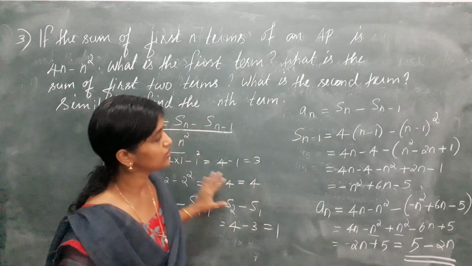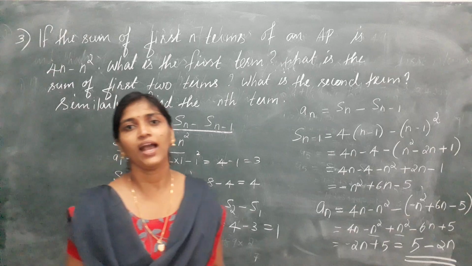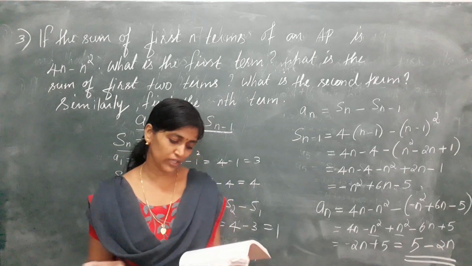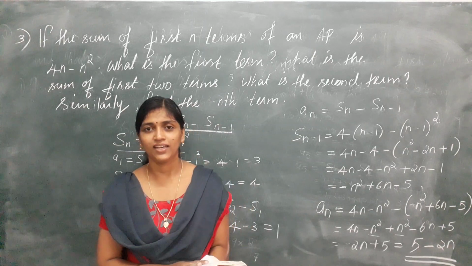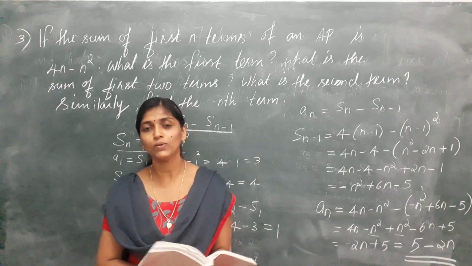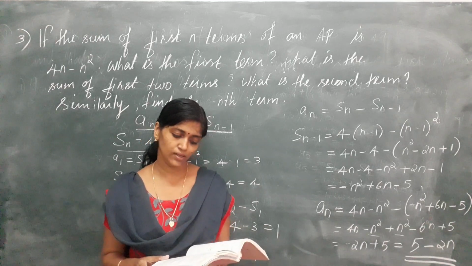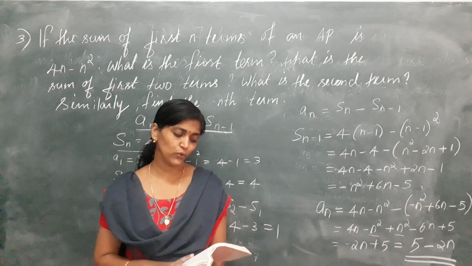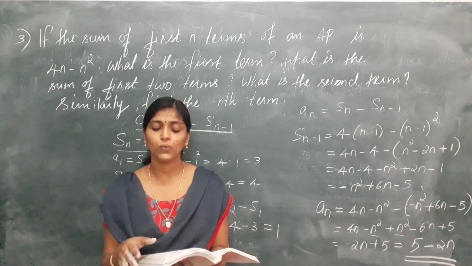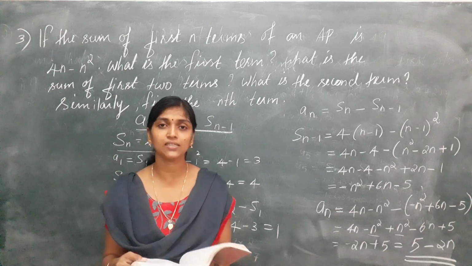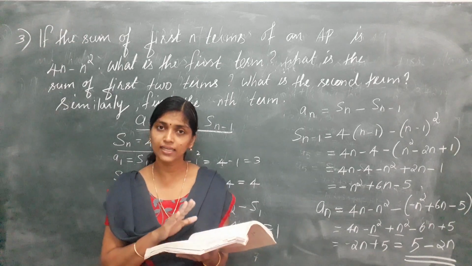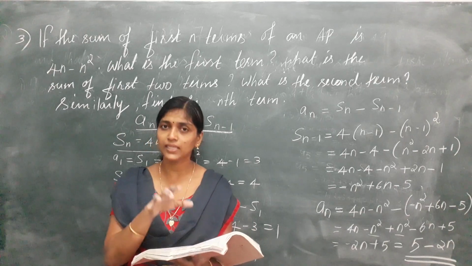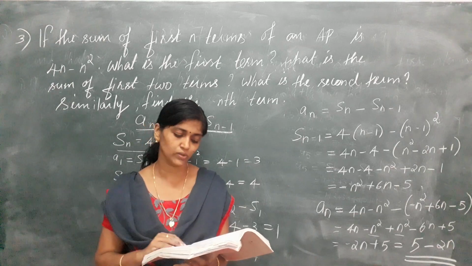That was the last question of this section, and with this last question we are coming to the end of this chapter, arithmetic progression. In this section, instead of a worksheet, I am going to give you the questions in the textbook as homework. Hope you all have the textbook with you now. Open page number 113 and exercise number 5.3. In the textbook you can mark your questions as homework, and do them in your notebook.